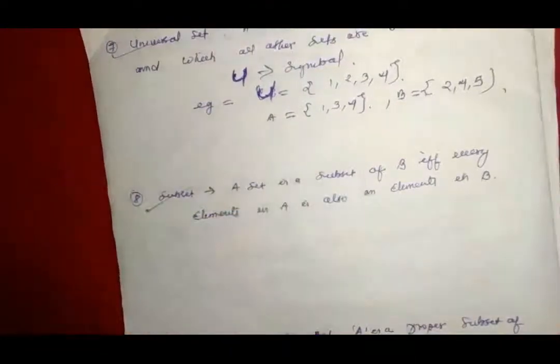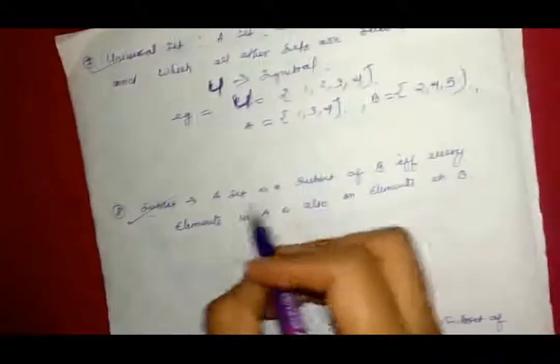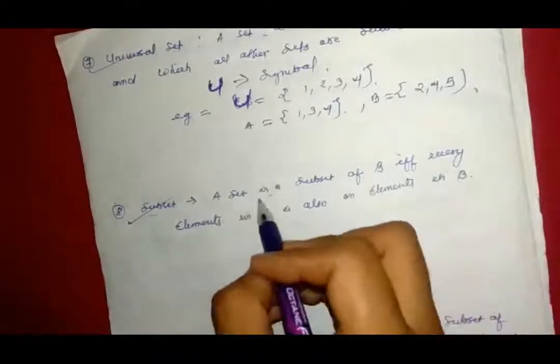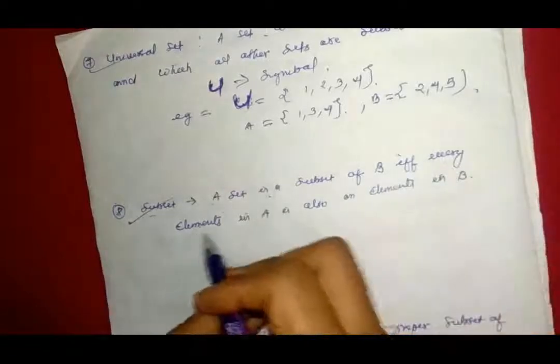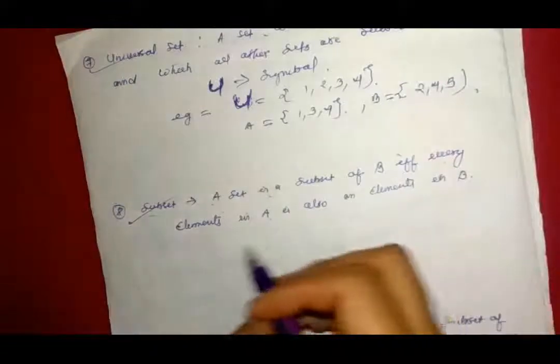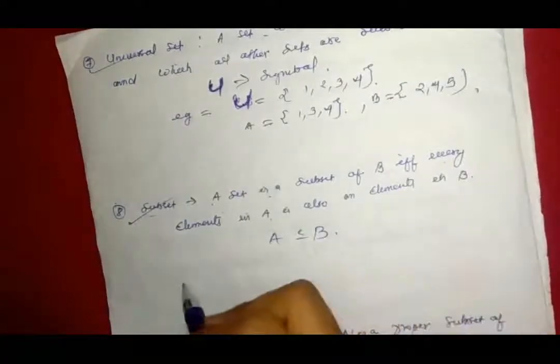So the second one is for the subset. A set A is a subset of set B if and only if every element in A is also an element in B. The notation for the subset is A subset of B. Example,